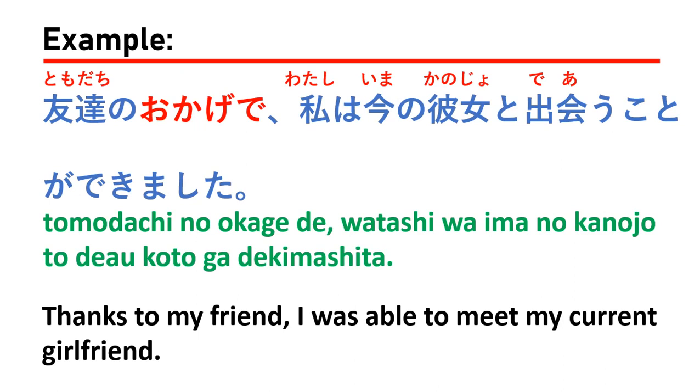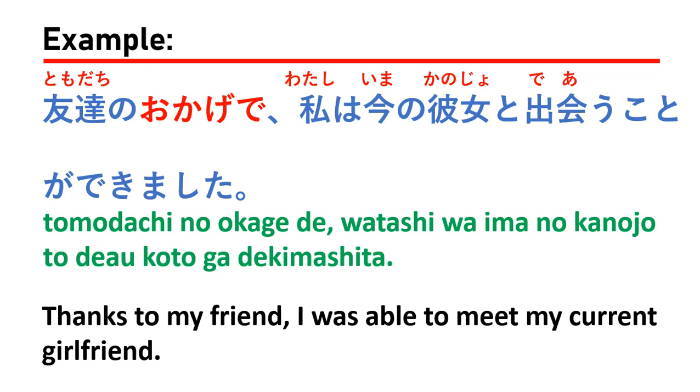In this case, they use a noun, right? The noun here is tomodachi, which means friend in English. So when you use a noun, you follow it with no,